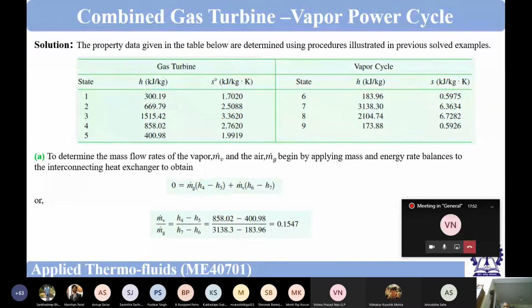Okay, any wild guess? Sir, the air fuel ratio will be lower than the stoichiometric ratio because... No. Sorry, I have to say no. It should not be less than the stoichiometric ratio. It should be much higher compared to the stoichiometric ratio of air because we need complete combustion. We do not want to waste any fuel.